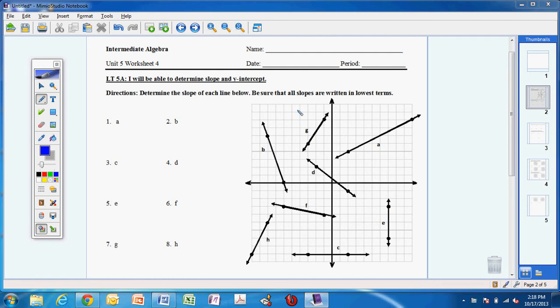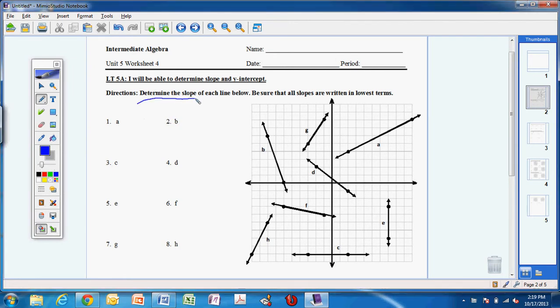Guys, this is Intermediate Algebra Unit 5 Worksheet 4. This worksheet is to help you get ready for your test, which is coming up next week. So again, if you have questions, come see Mr. Powell or myself. But if we get started, so looking at number 1, for all of these, we want to